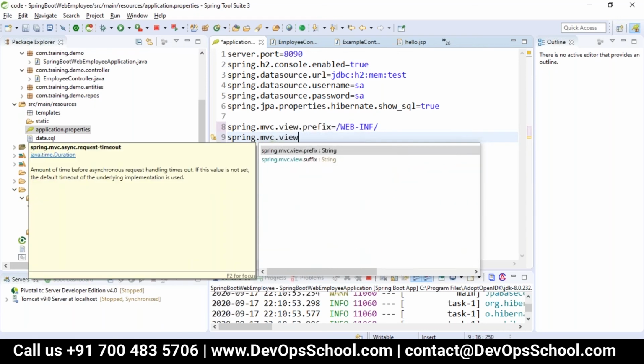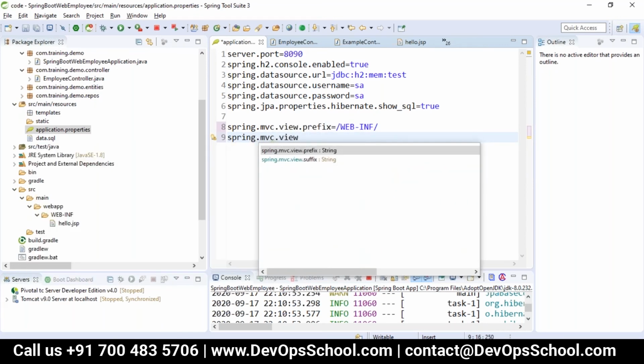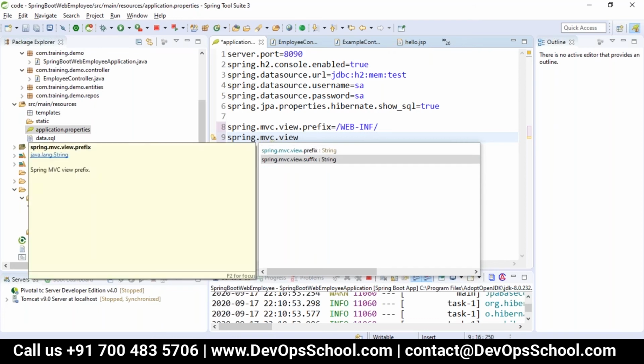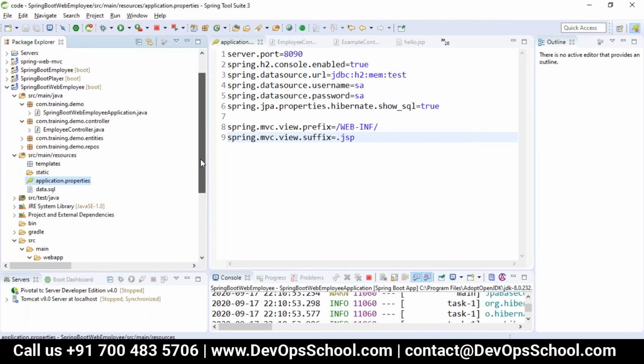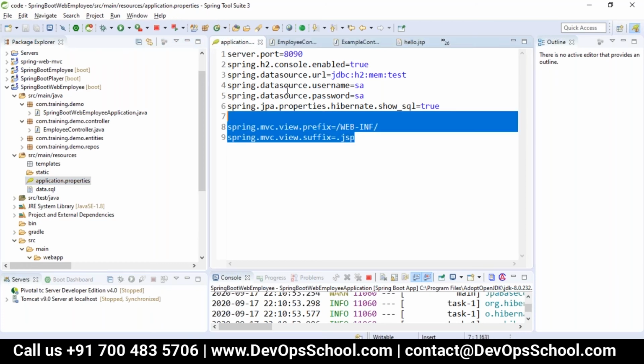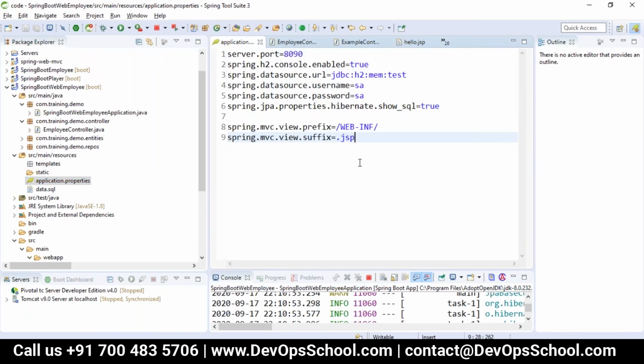Then spring.mvc.view.suffix, which is .jsp. This is how your application properties will be configured. It's so simple in Spring Boot, right? We don't need to configure our app initializer or write the configuration. We just write the properties we require in the application.properties file.